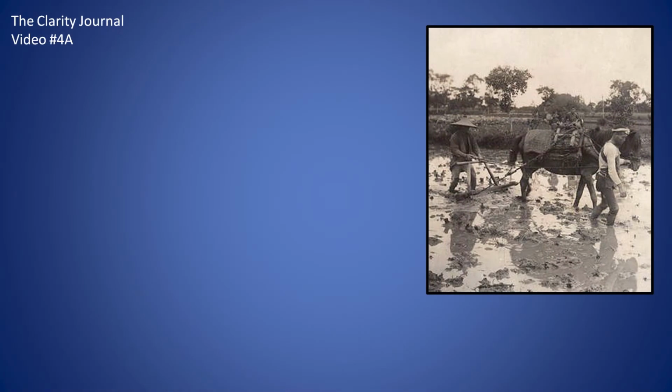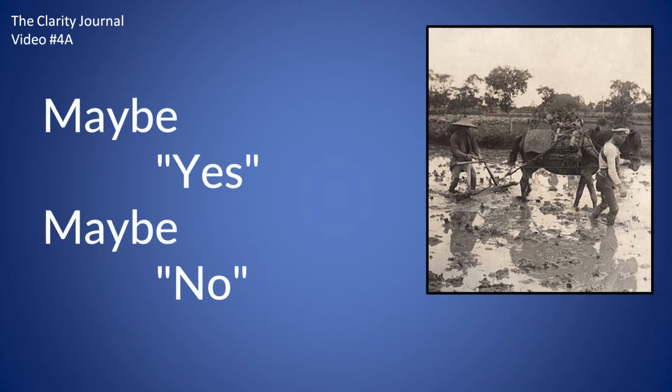You may have heard of the parable of the Chinese farmer. Once there was a Chinese farmer who worked his farm together with his son and their horse. The horse ran off one day. Neighbors came to say, "How sad." The farmer replied, "Maybe yes, maybe no." When the horse returned, followed by a herd of wild horses, the neighbors gathered around to say, "What good fortune." The farmer stayed calm and said, "Maybe yes, maybe no." While trying to tame one of those wild horses, the farmer's son fell and broke his leg and could no longer help with the chores. "How sad," the neighbor said. "Maybe yes, maybe no," said the farmer.